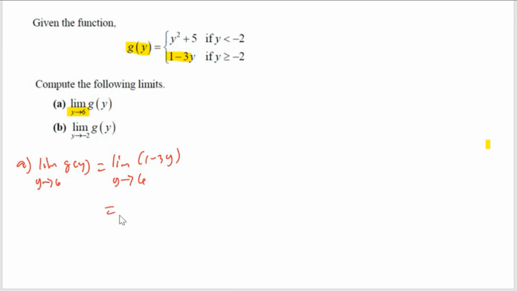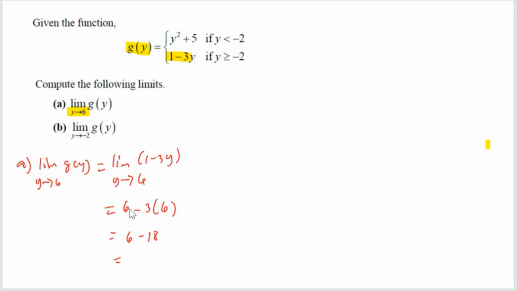So solving that limit, what's the limit of a constant as y approaches 6? The answer there is a constant. So we have now 6. And what's the limit of negative 3y as y approaches 6? Negative 3 is a constant. So the limit of y as y approaches 6 is equal to 6, because they're the same y. So solving for that, we have 6 minus 3 times 6 is 18, and 6 minus 18 now is